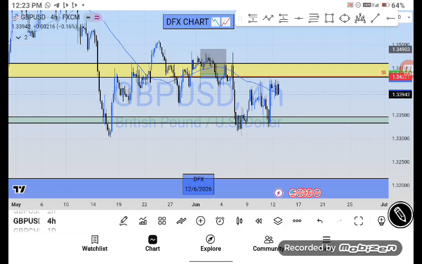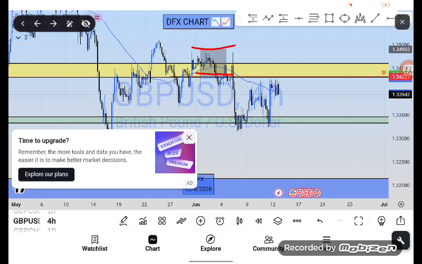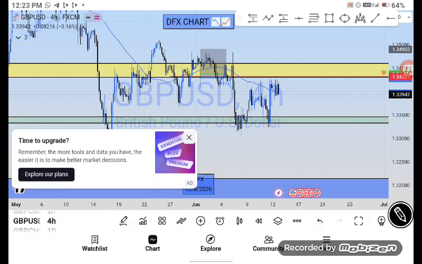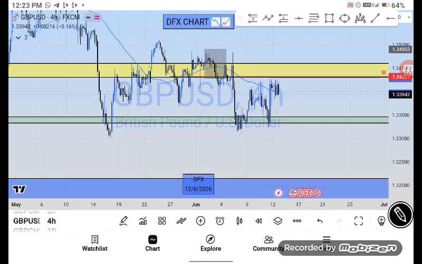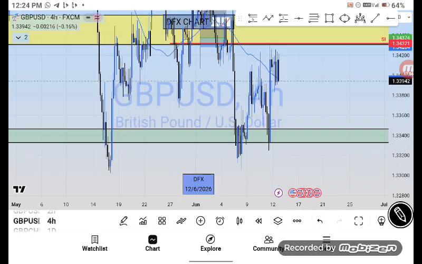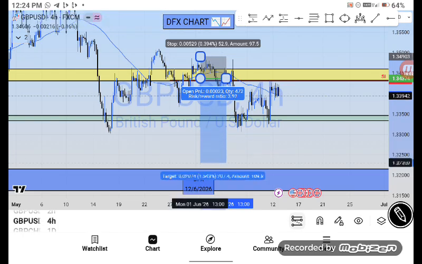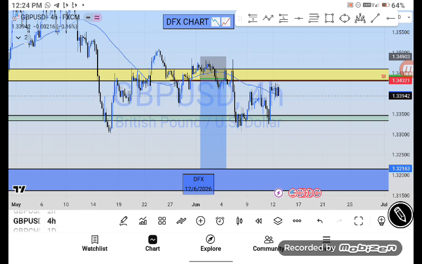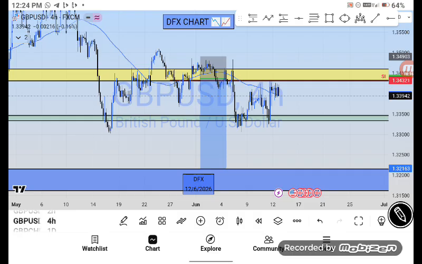I took my sell, and my SL was here, my entry was here, and my take profit was here. All right, my overall take profit. Unfortunately, let me draw this down again. So this was my overall target, but unfortunately, immediately we have this drop to the downside and the market was consolidating around here. I moved my SL to entry because I thought the market is actually going to drop